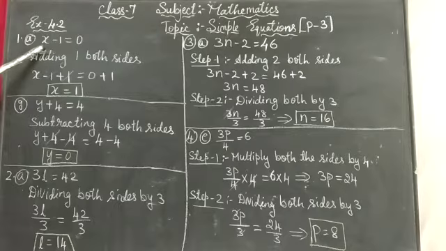Okay. To find the given variable, whatever the number is next to it, the same number we will take but with the opposite sign. Okay. What we are going to do? We will take the same number with the opposite sign to remove this given number. Okay. Once we remove this, we will get the value of the variable. That is what we are going to do here. First step.